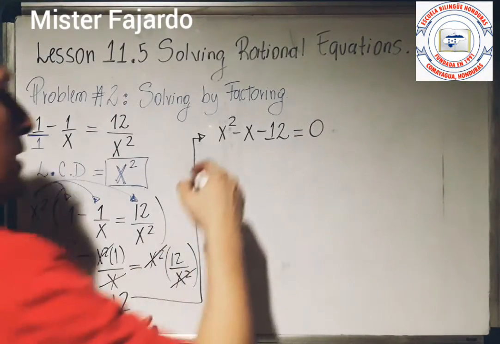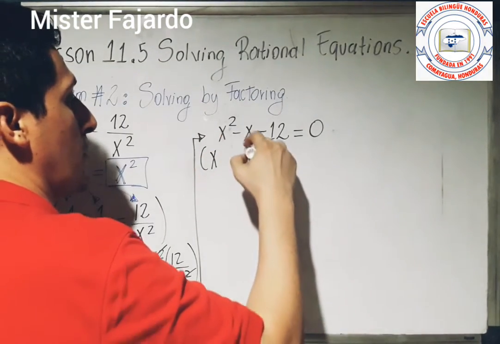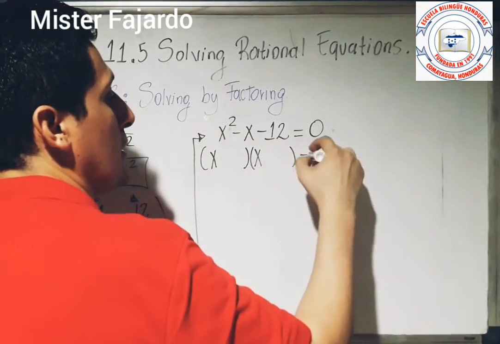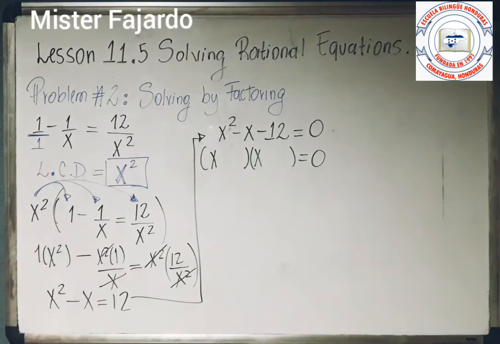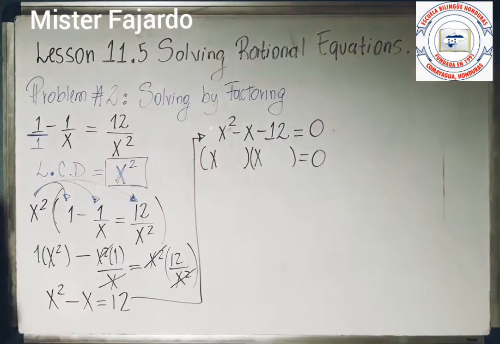You need to do parentheses with the variable x at the beginning, equal to 0, and then two numbers that when you multiply them you get 12, and when you add them you get negative 1. You know that 6 times 2 is 12, but then the difference between the numbers is 4. But I can use 4 and 3